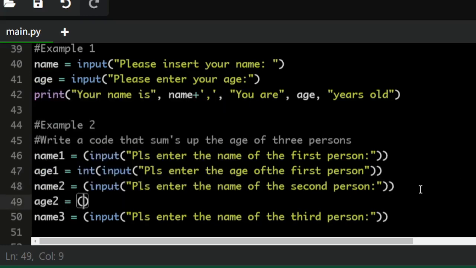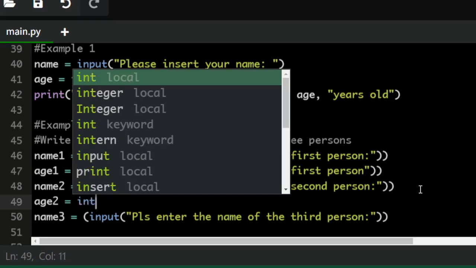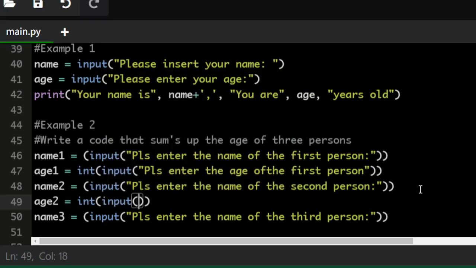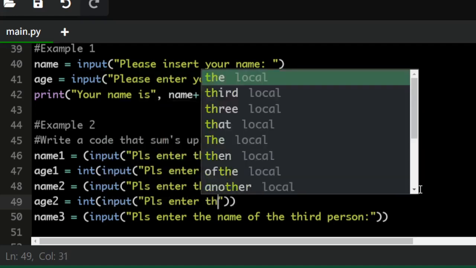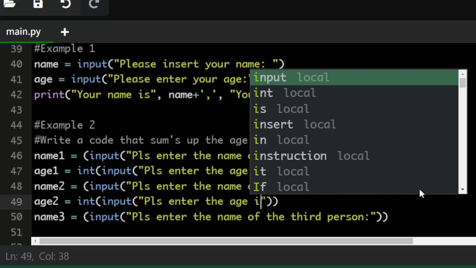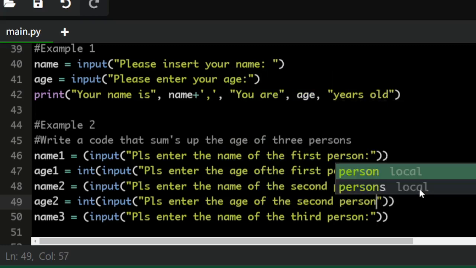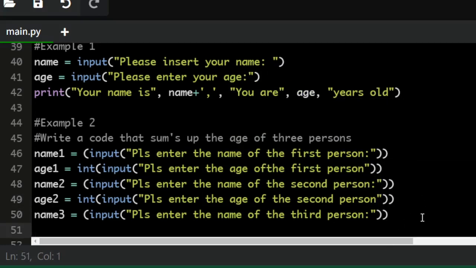Age 2 is equal to inputs. Since you are dealing with age, we convert it to integer. Then we open the brackets, so we have inputs. Open the bracket again. Say please enter the age of the second person,